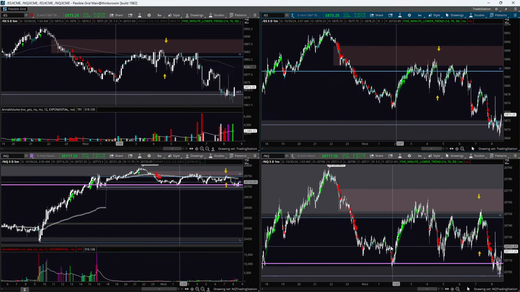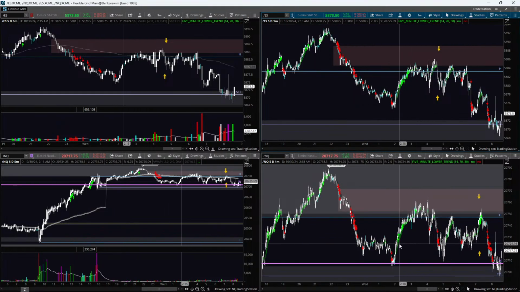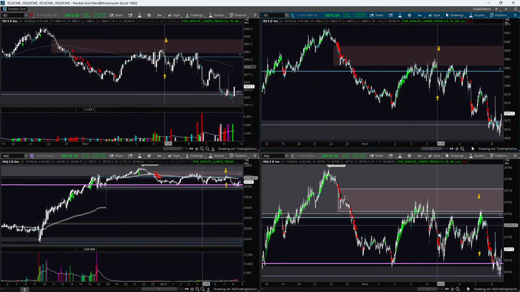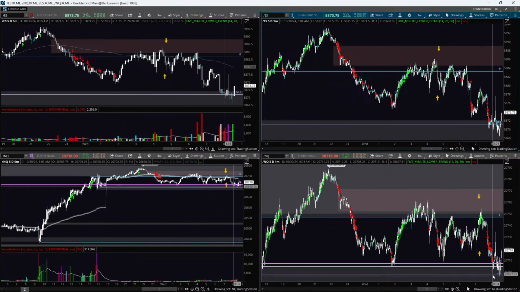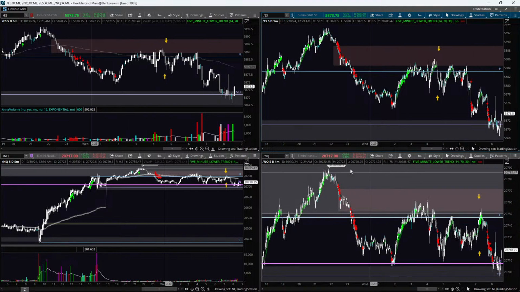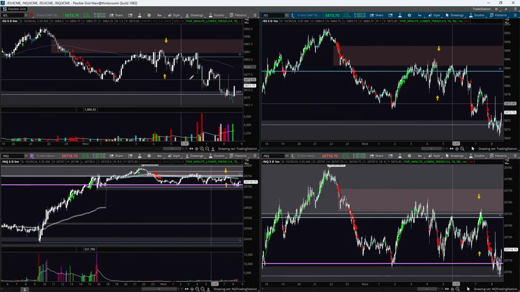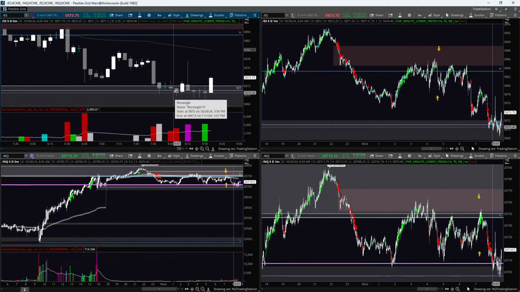All right, so not gonna mark these because we bought through them, came down there and sold, couldn't break. So this is where we'll be looking for selling. I like these sells here, couldn't hold in a retest. Very ugly. So we're always gonna look for the 5 minute to help us, and if the 5 minute is